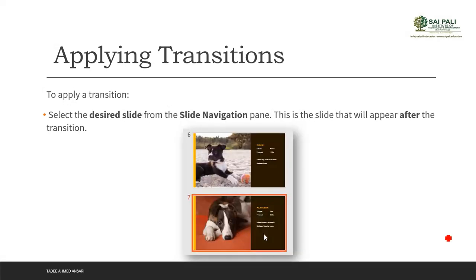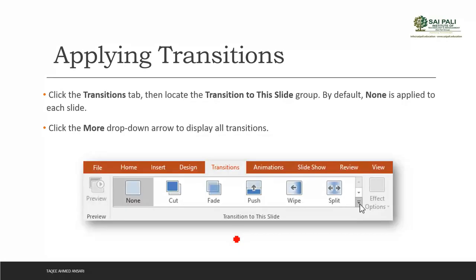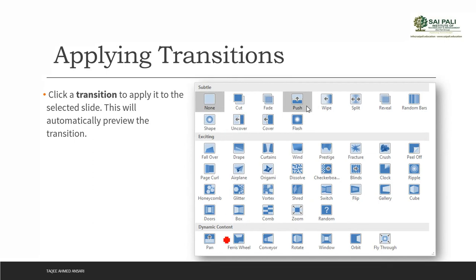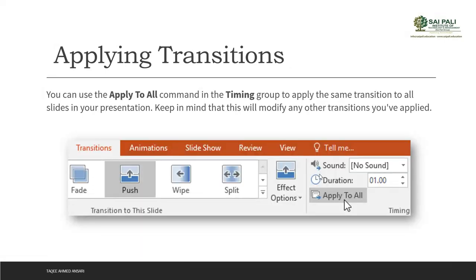Now for applying it, first you have to select the slide you want to apply it to from the slide navigation pane, and then go to the transition tab. From there you have the transition to this slide option group, where you can choose these basic ones, or you can click on this drop down to get more options. When you click on it, you will see all three categories there. Then you can choose what you want, and then it will be applied to your